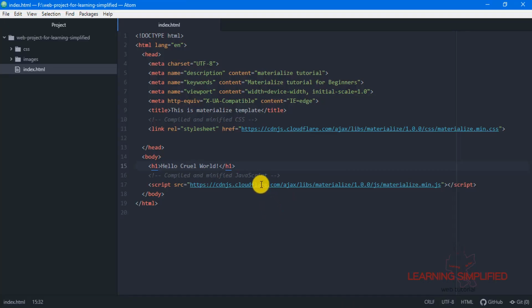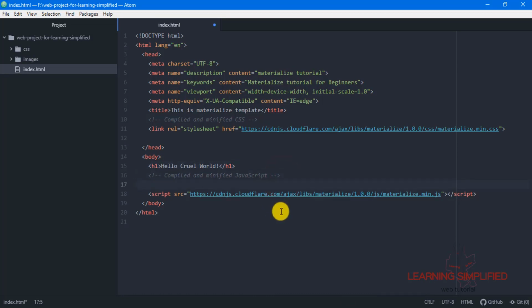Another thing I need to say is that we aren't finished yet. First of all, we will be needing jQuery here, because in some cases, for smooth running of some particular components inside Materialize, we will be needing an additional jQuery that we will be getting from a different location, not from the Materialize website.